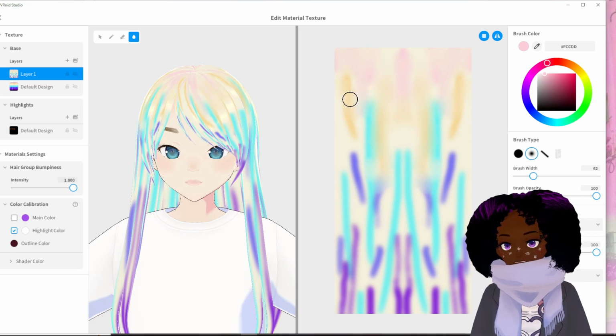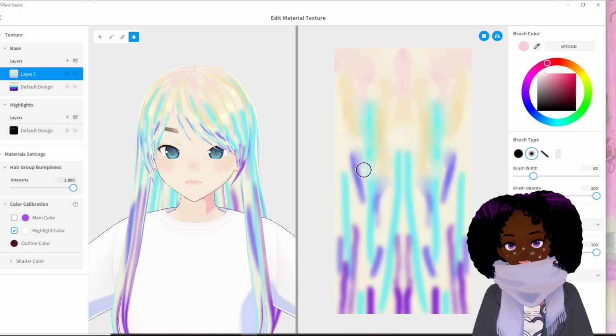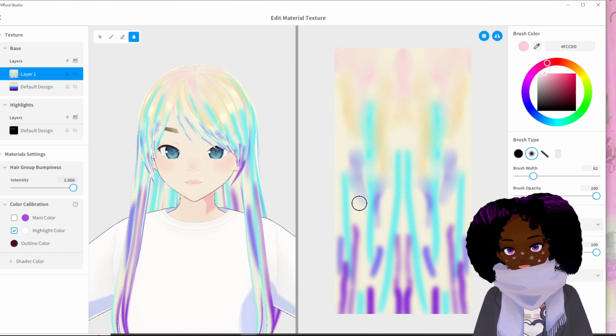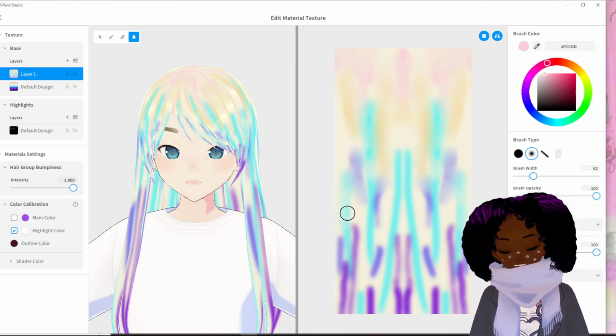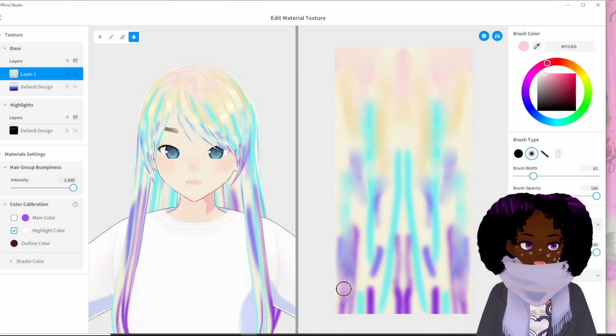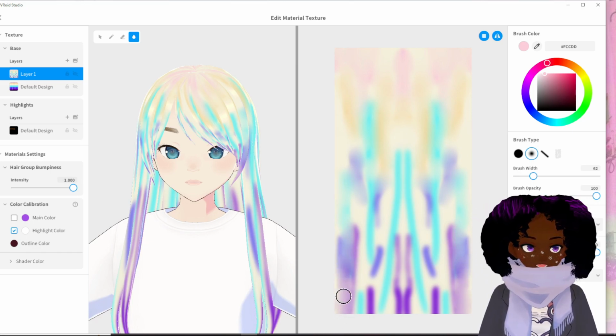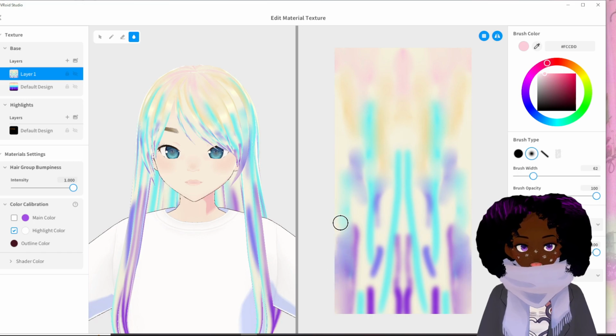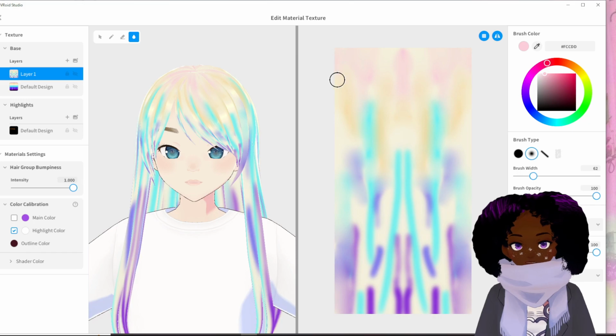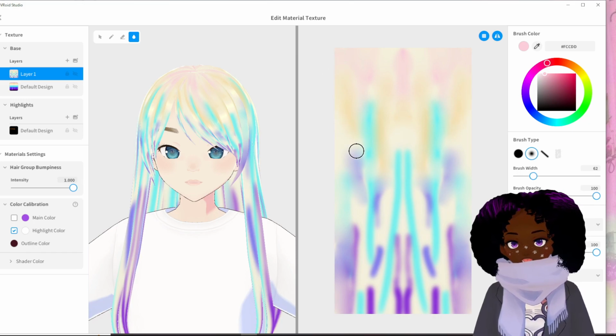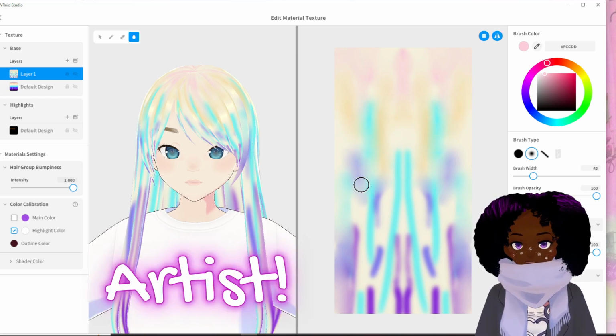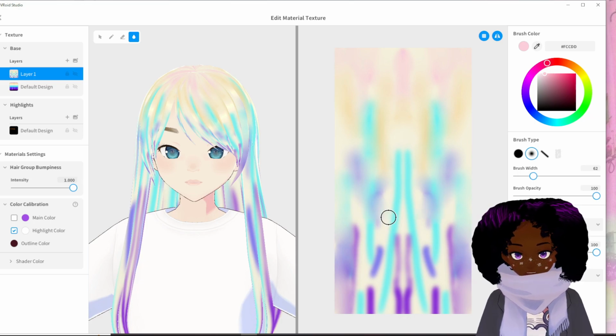So I originally said I was going to do a very easy, basic hairstyle. I mean, this is kind of easy and basic. You don't have to be precise. Just pick colors that blend well, and you kind of get the same concept. And then you just play around with blending. So it's fairly beginner friendly. You don't have to be an artist in order to make this.